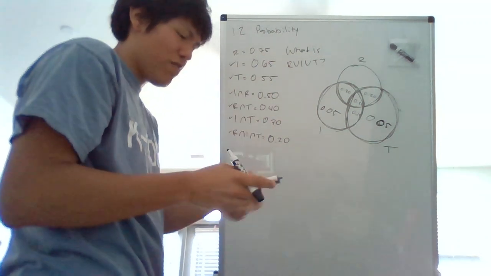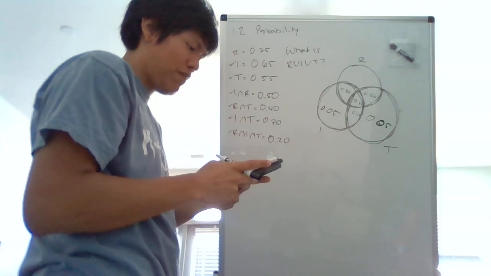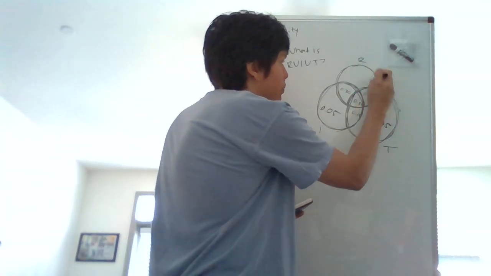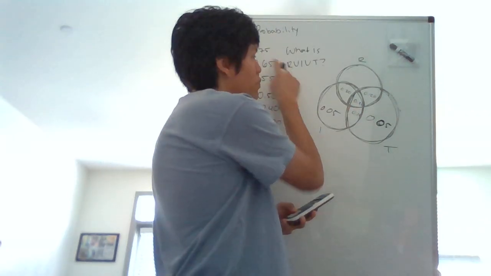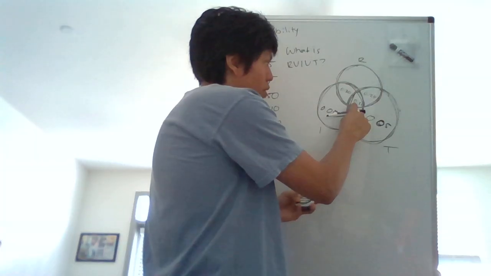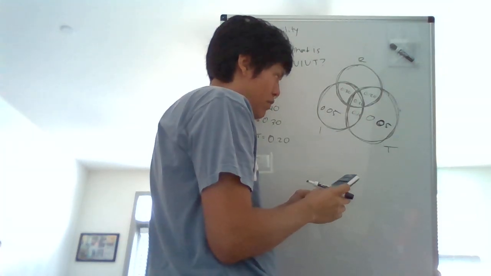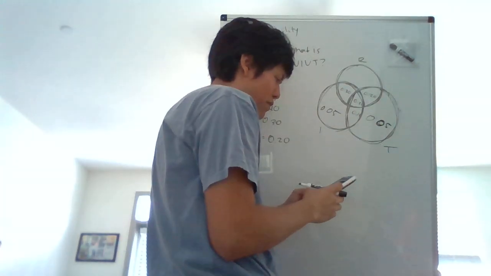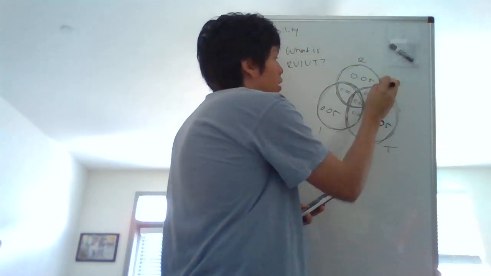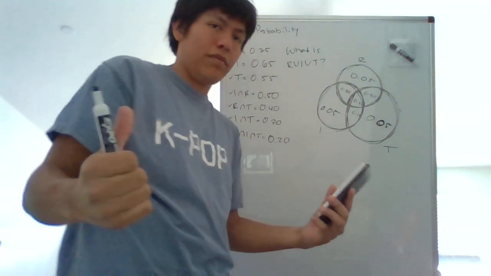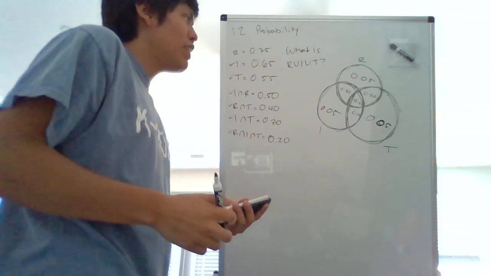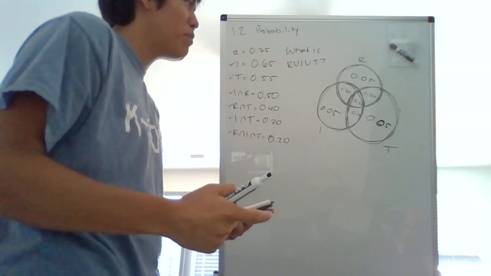Same with radios. 0.75 minus, this is the radio circle, 0.75 minus 0.30 minus 0.20 minus 0.20, 0.05. All right. Perfect. Except it's not. Because